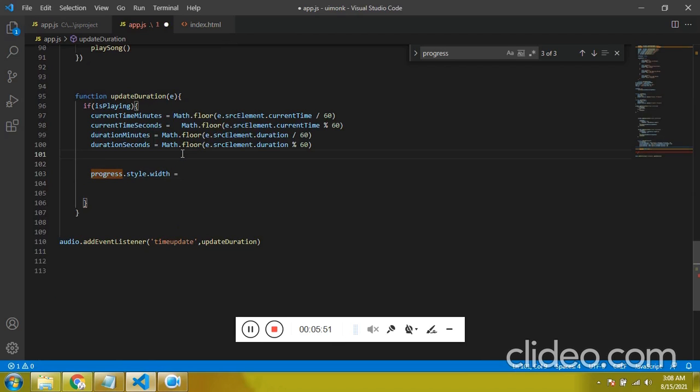So to give the percentage, what is the total value? Total value is this one. And what is the current value? Current value is this one. So divide into 100. So this is the actual percentage.